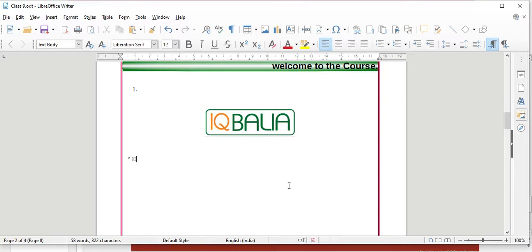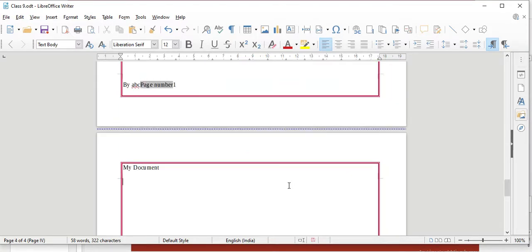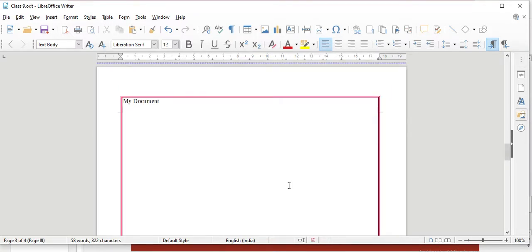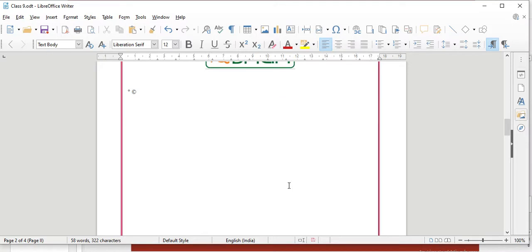Now, inserting shapes, different types of shapes. If you are writing any document, maths documents, or if you want to draw something in a maths page, you can insert the shapes. It is possible to insert various shapes in your document. The variety of shapes consists of lines, arrows, symbols, stars, callouts, flow charts.